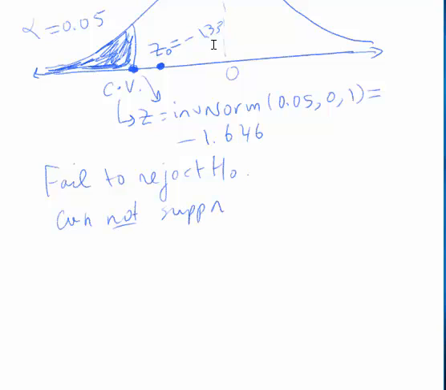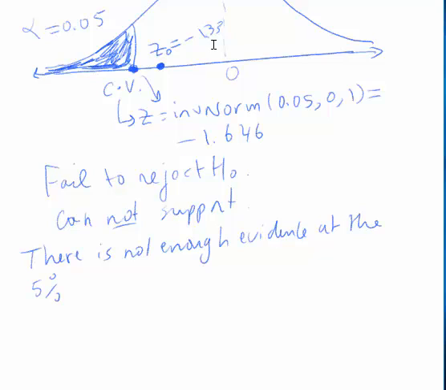So what do I write here? Step number 5 is to interpret your decision in the context of the claim. So you write, there is not enough evidence at the 5%, which is a 0.05 level of significance. What is the level of significance? The level of significance is the probability of making a mistake, of rejecting H0 when it is true. There is not enough evidence at the 5% level of significance to support